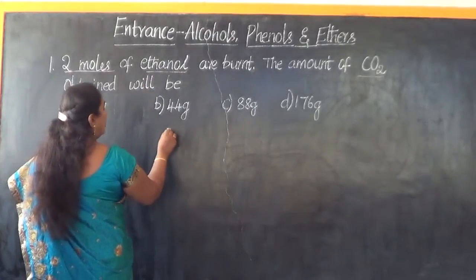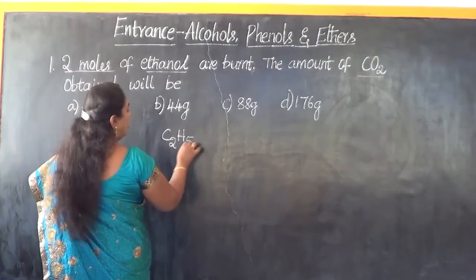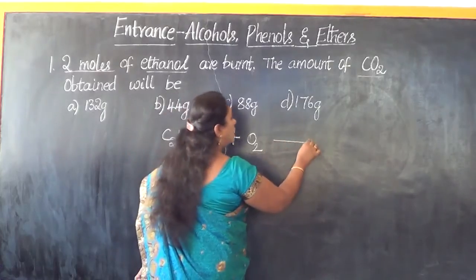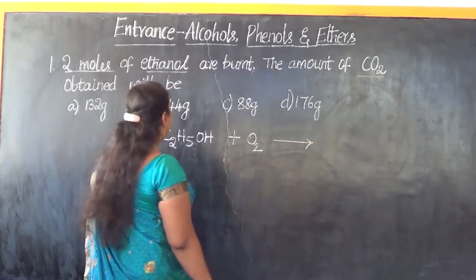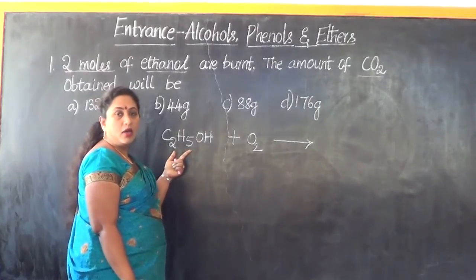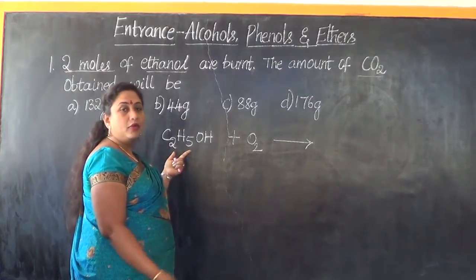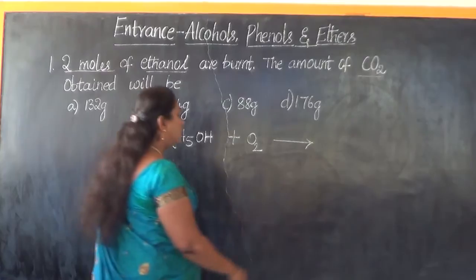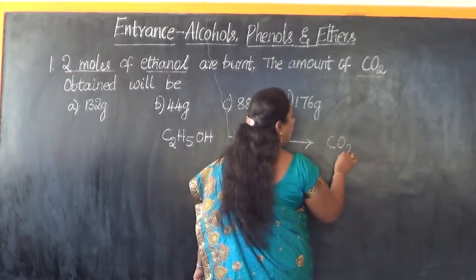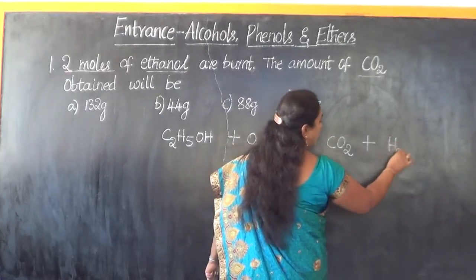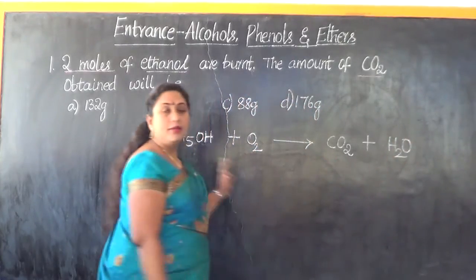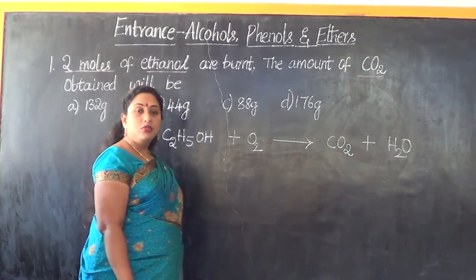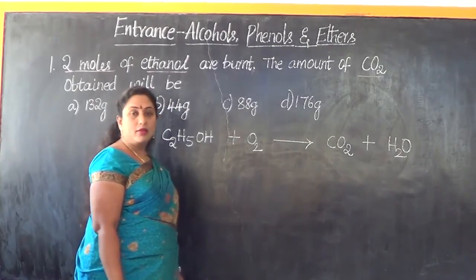So our starting material is ethanol. It is subjected to the process of combustion. That means it's burning in presence of oxygen of the air. Whenever hydrocarbons are present in any organic compound, that means carbon and hydrogen are present, when they are subjected to combustion, the major products formed will always be carbon dioxide and water. So this will be a skeletal equation. Now we should write a balanced chemical equation so that we will be able to arrive at the correct answer.